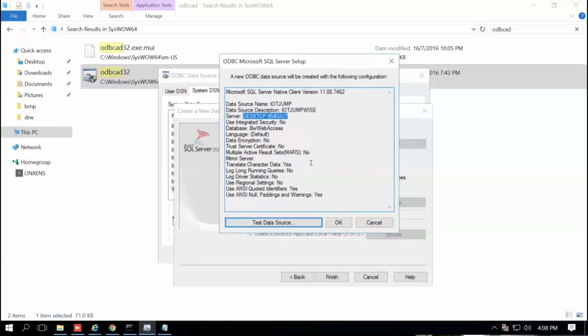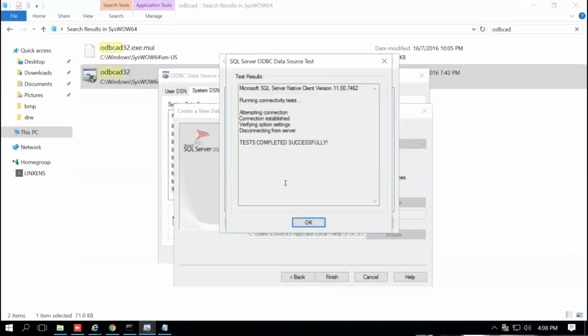Okay, but from this step, you need to test this data source. So you select the test data. So you can see here, we have run the test under the native client. The test completed successfully. That means you created the data source correctly and it's workable now. It is already created within the